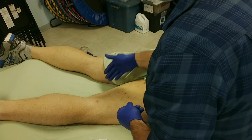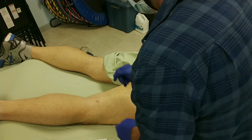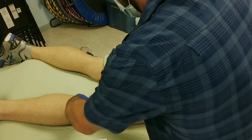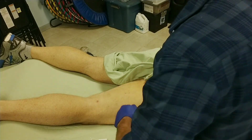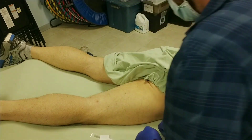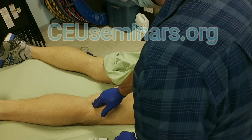Not super deep, so I'm not trying to drive it in, but I am trying to steer clear of the midline. Realize the closer you get to the knee, the more lateral you need to be. This triangle here that is the popliteal fossa is a danger zone, even though the hamstring tendon is right in the middle. Yeah, if you can feel a pulse, you can be really safe in the popliteal fossa, but